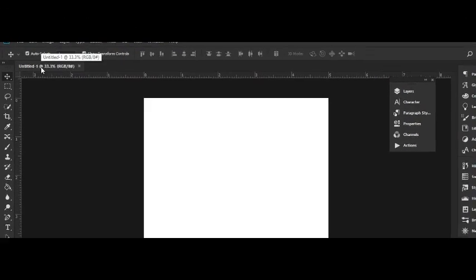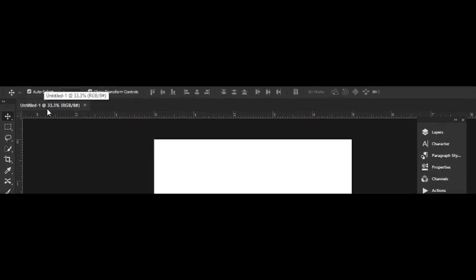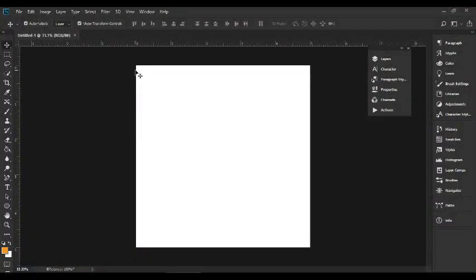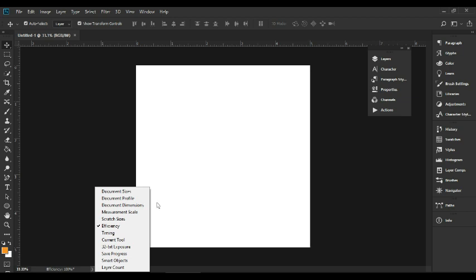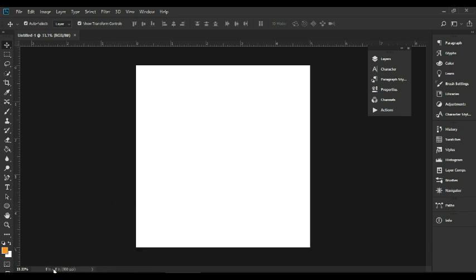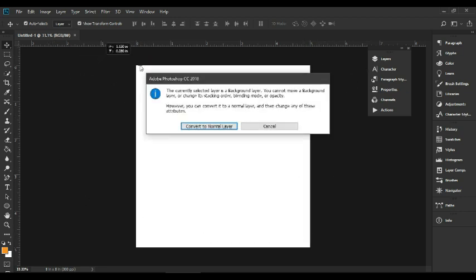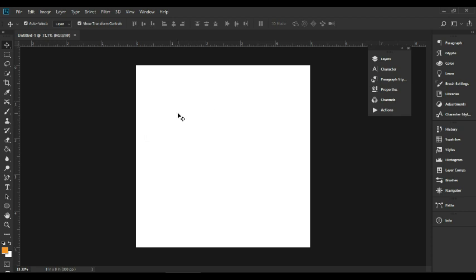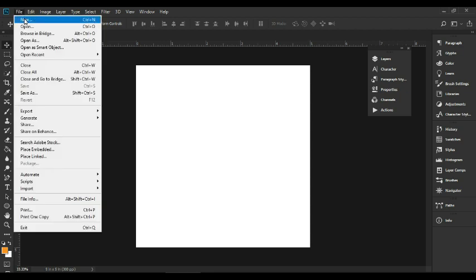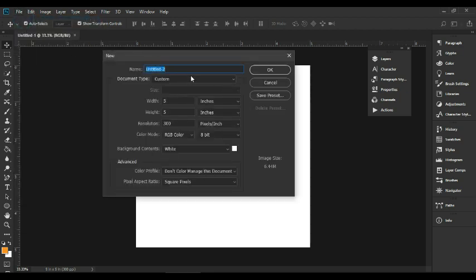The next line here is indicating the window title, or the document title. So this is my document title here. Let me check from here, and choose document dimension. We have 5 by 5 inches. This white space that we are seeing here is titled the document title. For instance, I can create a new one and then name it